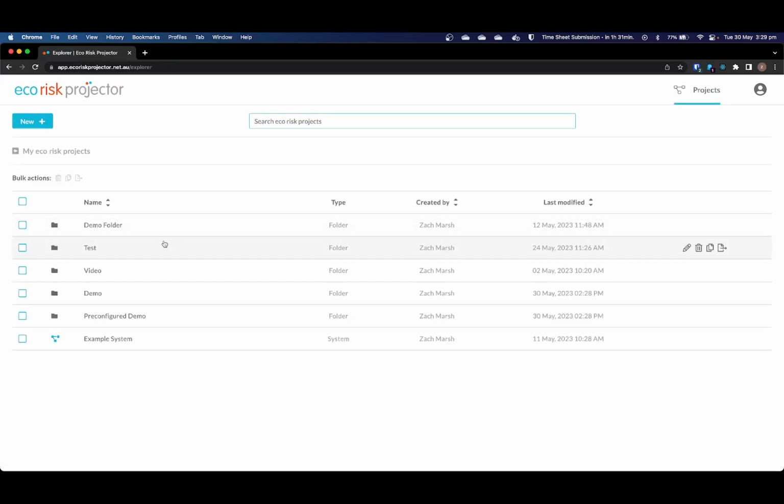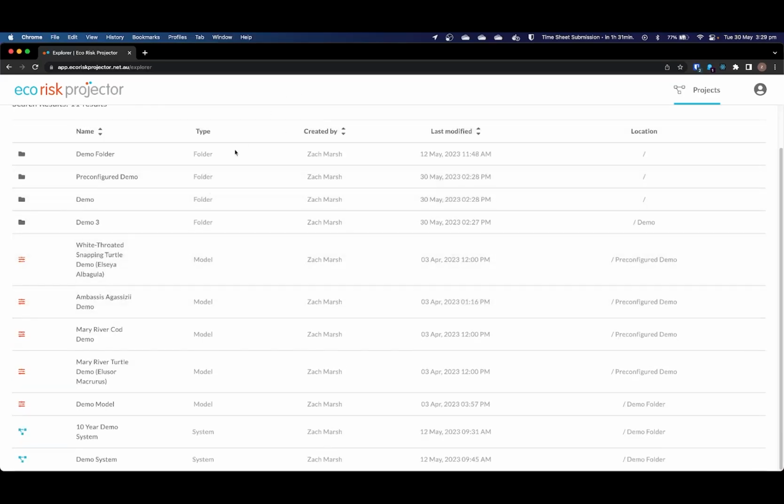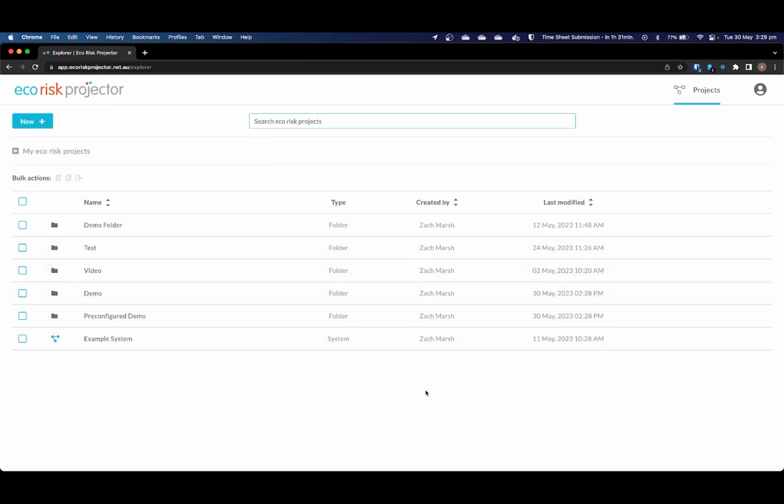So when you're on the Explore page, there's a lot of different things you can do. You can create folders, systems, and models. You can search through your folders, systems and models. For example, here in demo, there's a lot of different things with demo in the name. You can edit, delete, copy, and move items, folders, models, and systems, and then you can also bulk do those things. For more information about the Explore page and some examples of doing that, there's an Explore page video which